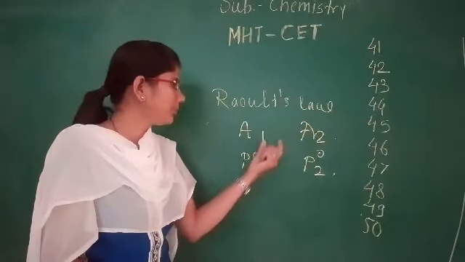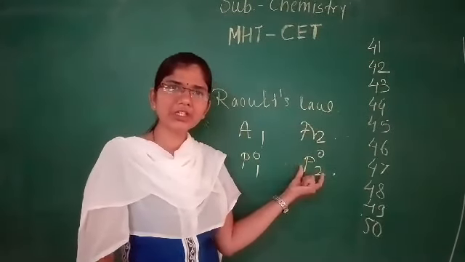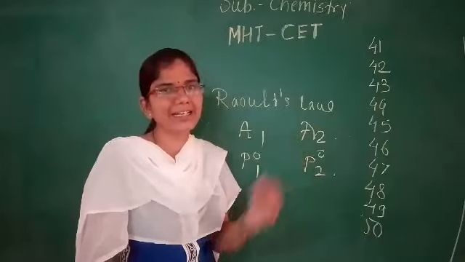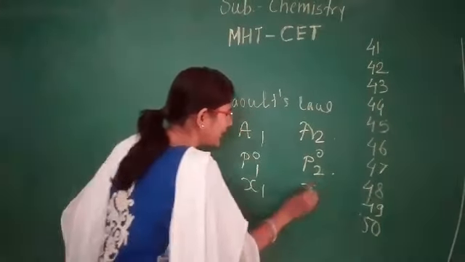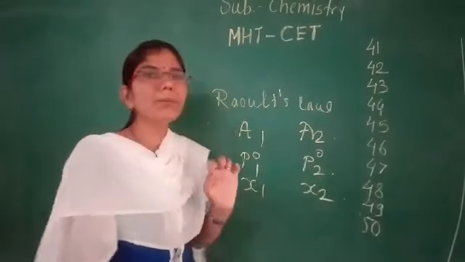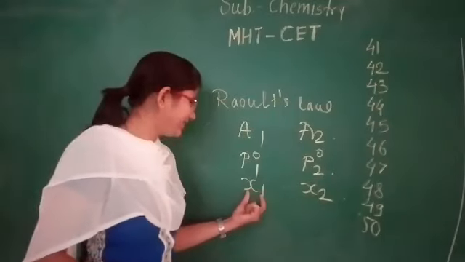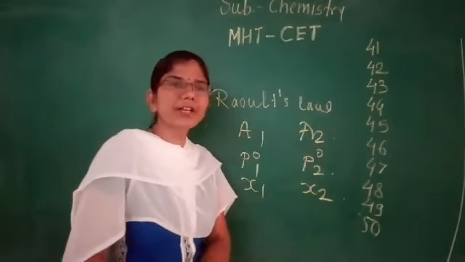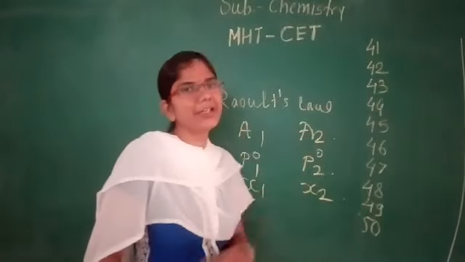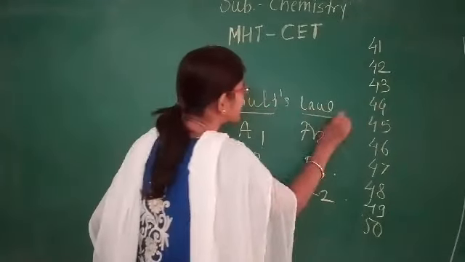For such components, if P01 and P02 are the vapor pressures of the components A1 and A2 respectively, and X1 and X2 are the mole fractions, the mole fraction being denoted by the letter X, then X1 and X2 are the mole fractions of A1 and A2 respectively. Then according to Raoult's law,